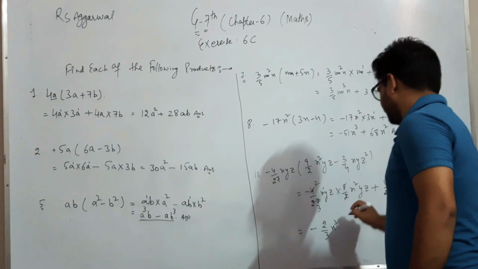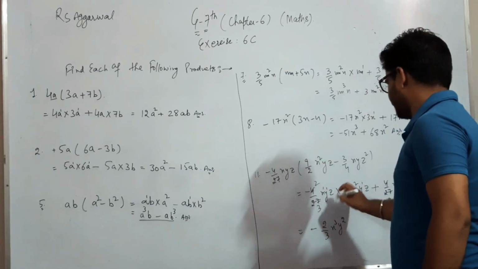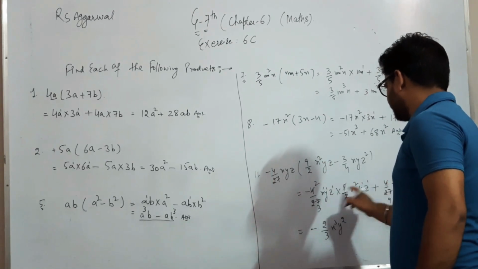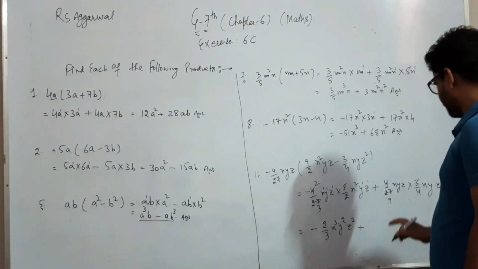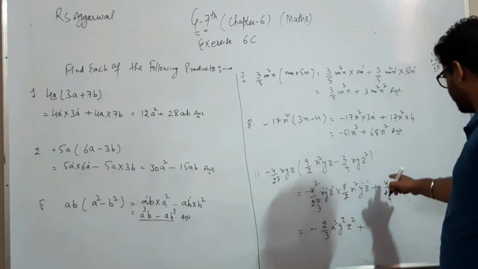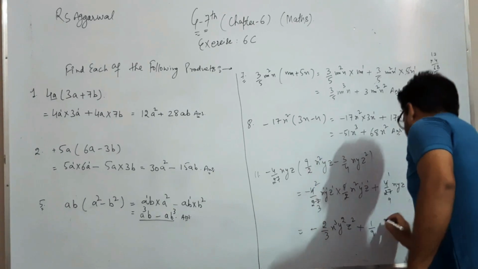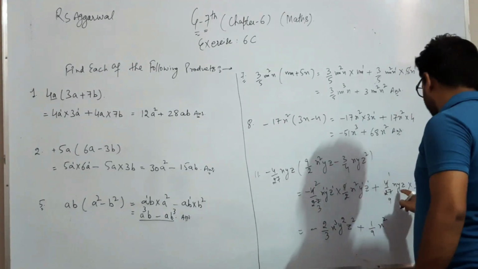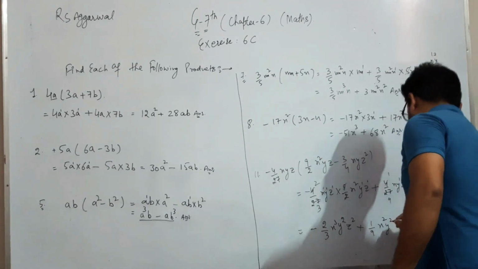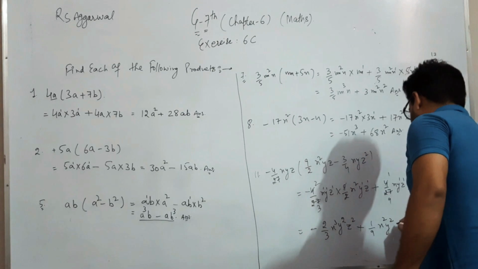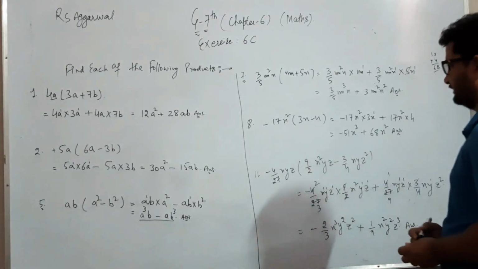Then y is y raised to power 2, because here y raised to power 1, here y raised to power 1. Here z raised to power 1, z raised to power 1. So it is z raised to power 2. Okay, then the plus sign. The next one, here what we left, the constant number is 1 by 9. Then x is multiplied with this x, so it is x raised to power 2. Then y is y raised to power 2. Then z is multiplied with z square, it is z raised to power 3. So this is the answer of question number 11.